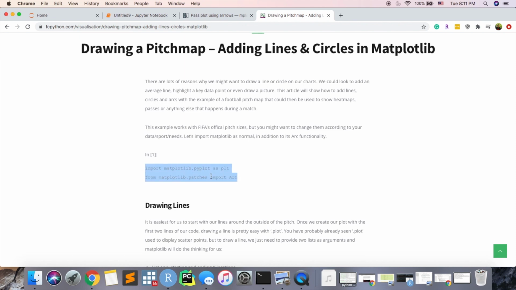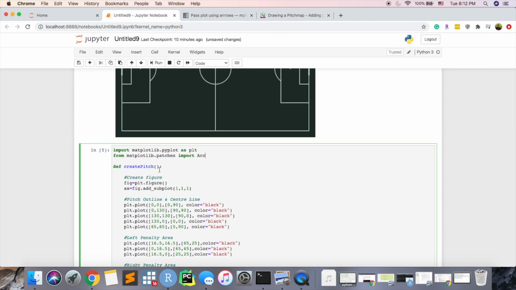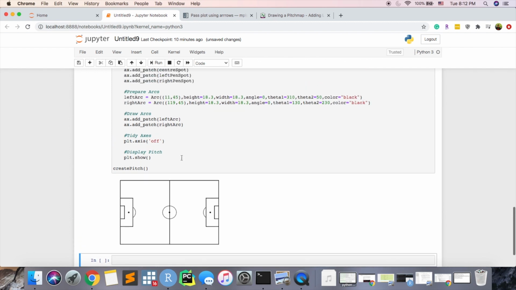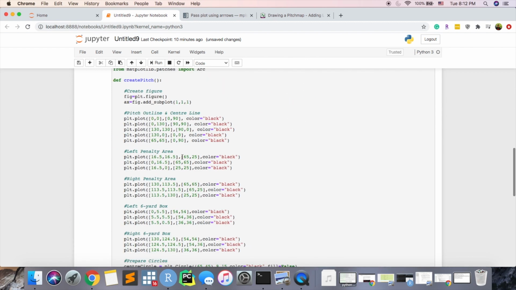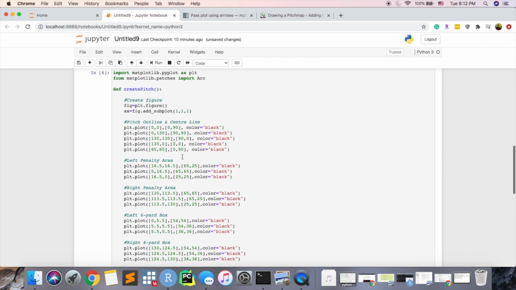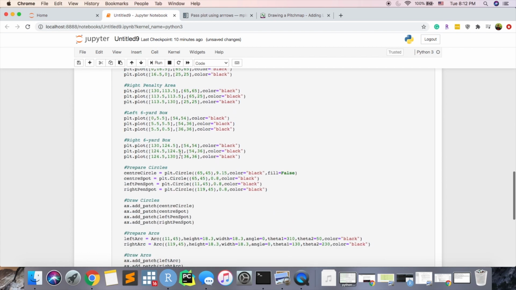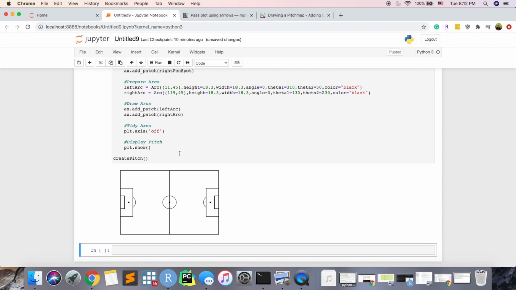So pyplot and then matplotlib.patches, so you can get the arc. And then we're just going to put those above. And boom. Just like that, you have a pitch created by Peter McKeever. You can obviously change the coloring on it and everything if you wish. But right now, that's 2 simple ways to create pitches